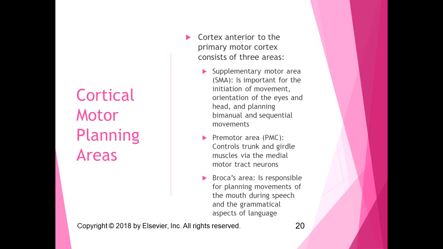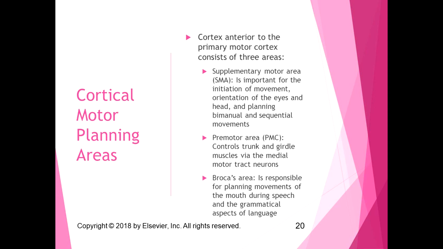The cortex that's anterior to the primary motor cortex, just like the primary somatosensory cortex is just posterior to it, is the secondary somatosensory cortex. Just anterior to the primary motor cortex has these planning areas. So the supplementary motor area is important for the initiation of movement, orientation of the eyes and head, and planning bimanual and sequential movements. The premotor area or premotor cortex controls trunk and girdle muscles via the medial motor tract